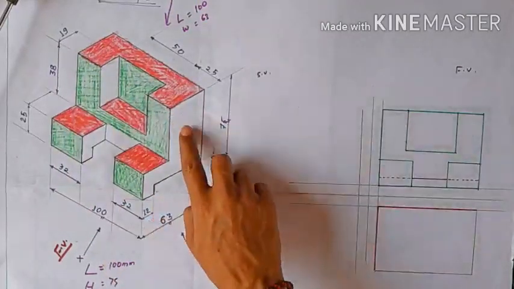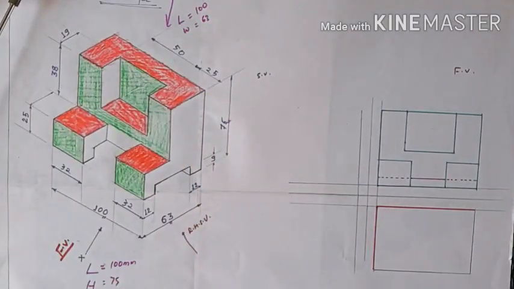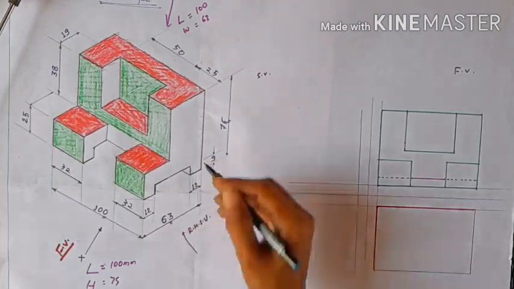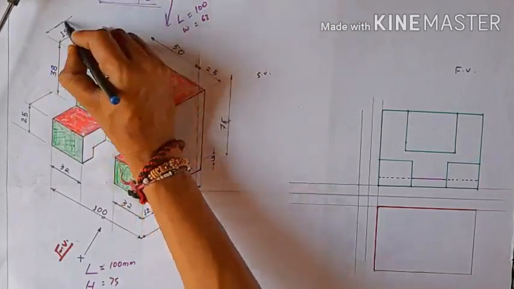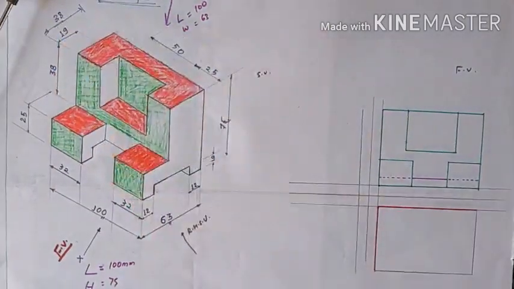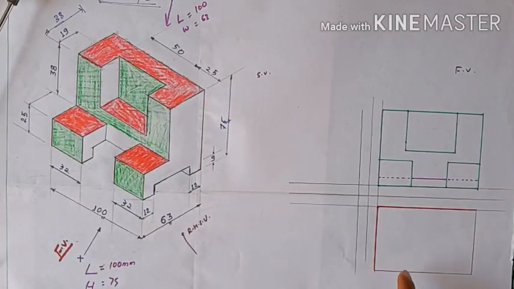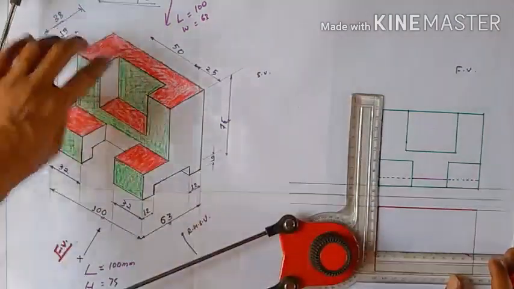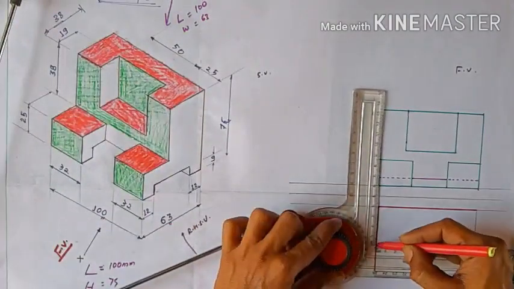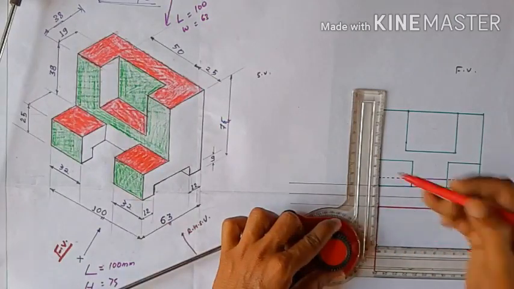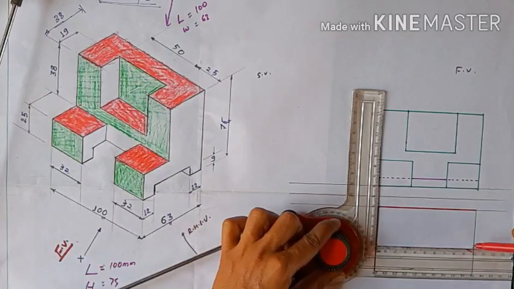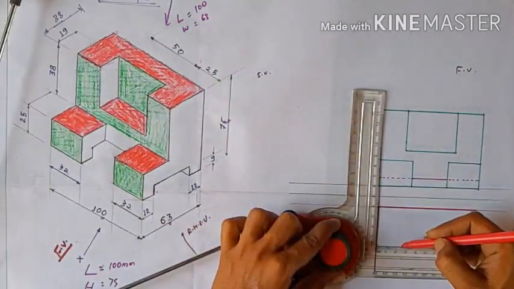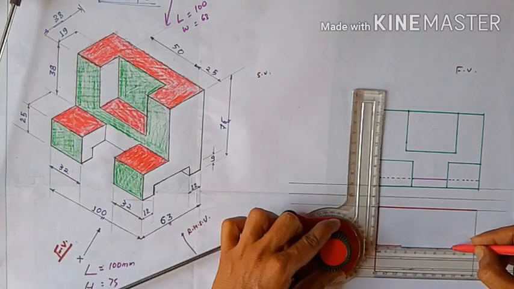One second, this is again a 38 mm line. I forgot to make a dimension. This is the total length, and this is again 38 mm. So draw 38 mm from both sides. Starting with 38 on both sides, you can clearly see the 38, and mark 38 here. And how long does this come, drawn to the backward side? This is 25 mm. So here we draw the 25 mm, and again from here we draw the 25 mm.